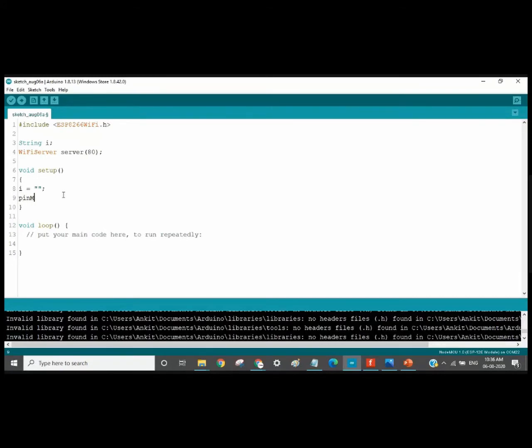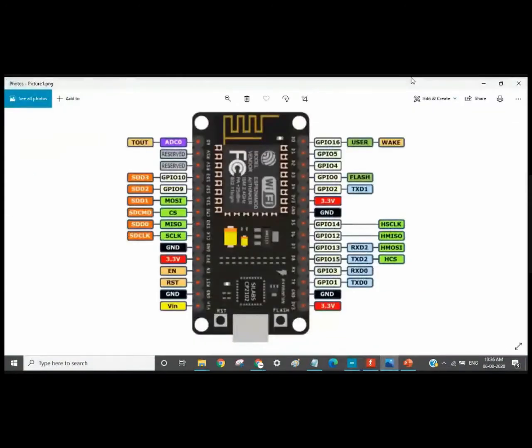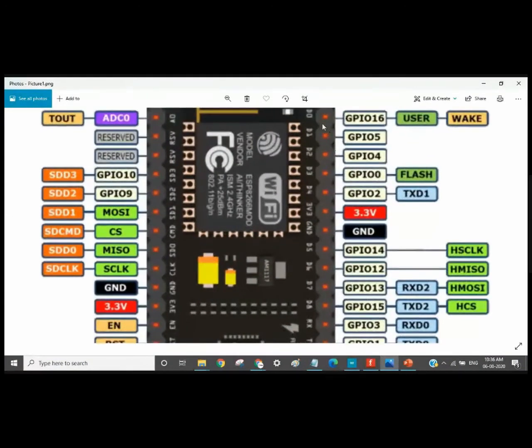Okay. The pin modes will be... see, in pin mode you define your pin, what type of functionality the pin will do. So here what we are doing is we are using the pin number D0 and D1. Okay, so you can define it as D0 and D1 also, or you can define it as 16 and 5.